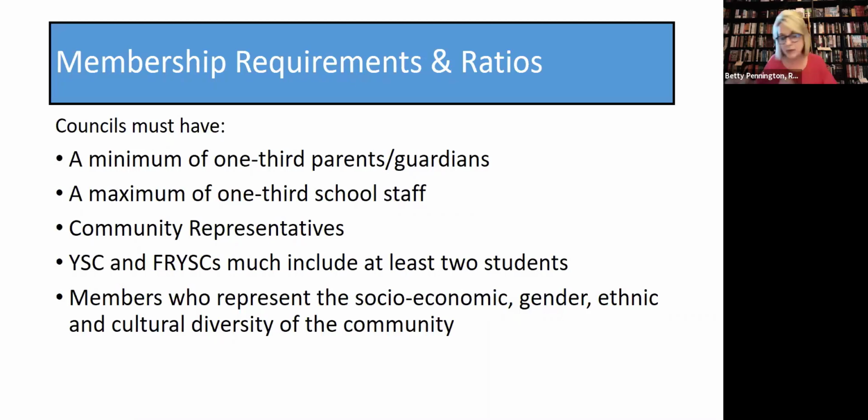So thinking about that, can you think of people in your school, just besides race, talking about cultural diversity? Go ahead and put it in the chat. Go ahead and say how you look at cultural diversity differently in your school when you're looking for council members. Who are those people that you look at that you can grab hold of?